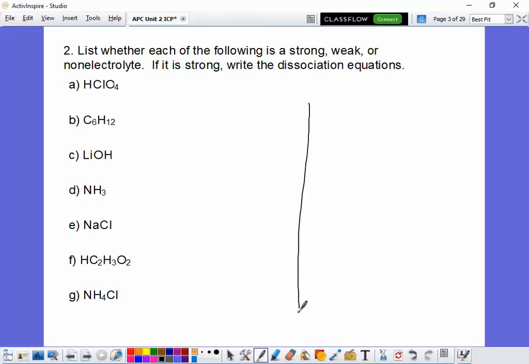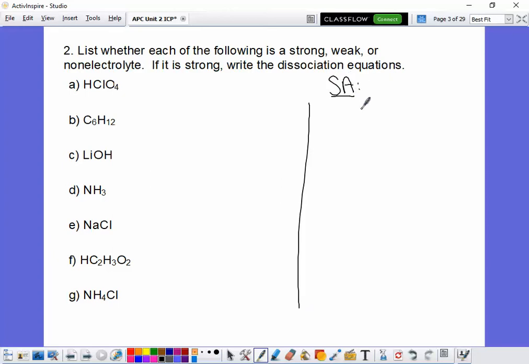If we look at the chemical formula, how do we know something is an acid? If it's donating a hydrogen. It starts with hydrogen. For right now, that's all you need to know. If it starts with hydrogen, it's an acid. Okay? So, for acids, strong acids,